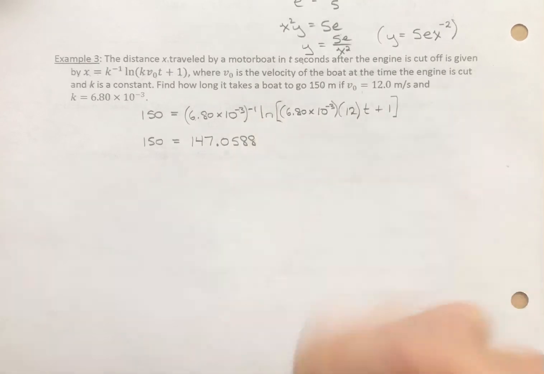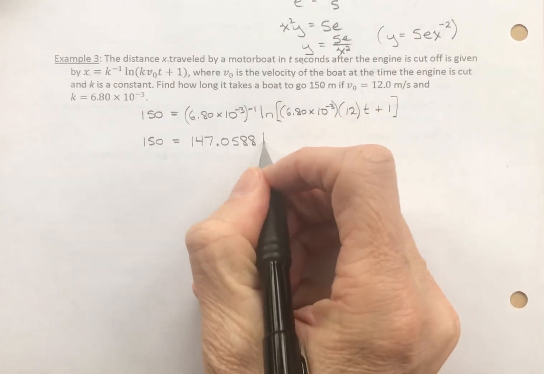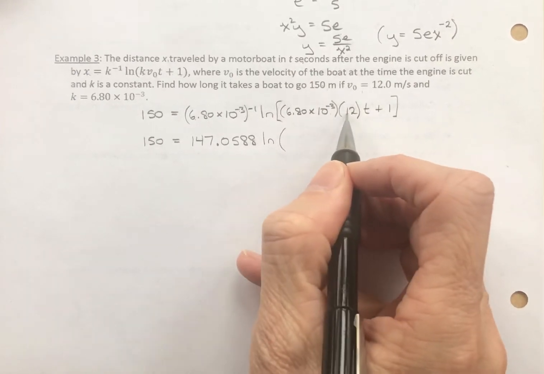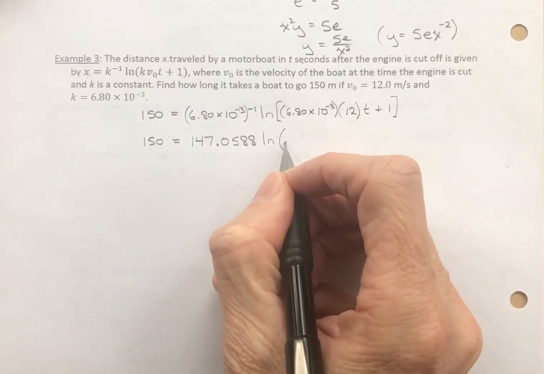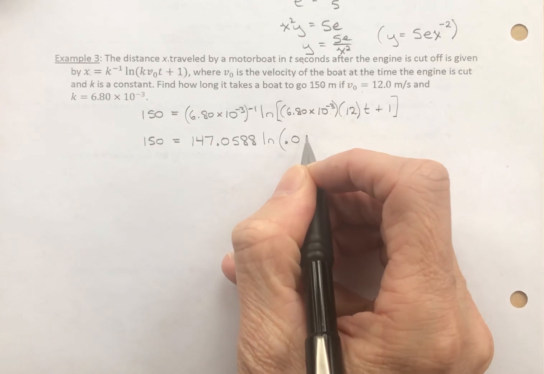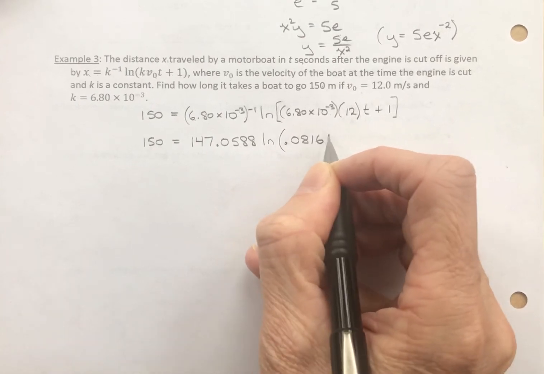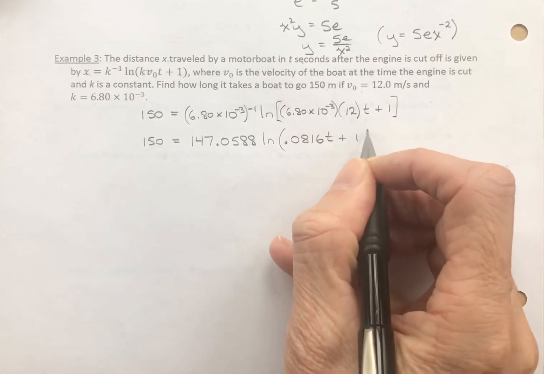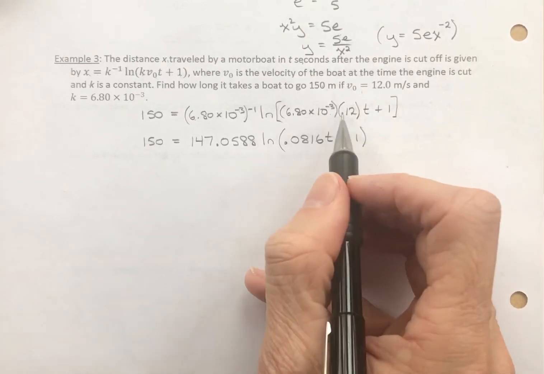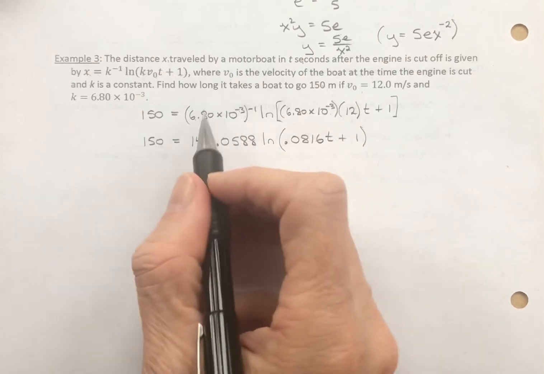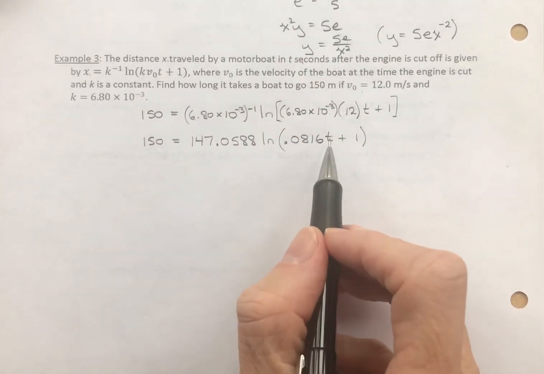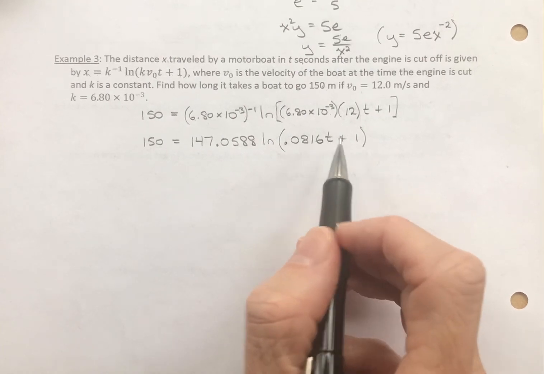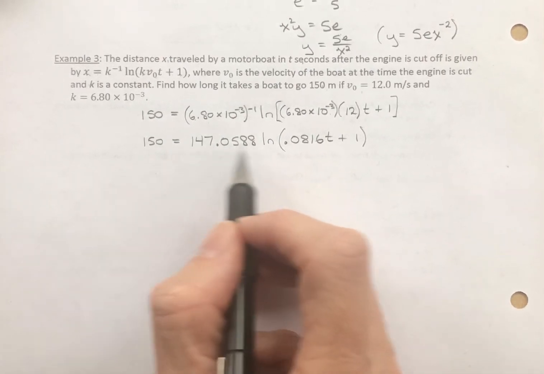147.0588. It's a little easier to work with, times the natural log of, well, this times 12, again to the 10,000th place, 4 decimals, is 0.0816. So that's it, and then you've got your t plus your 1. And so that's a little nicer. I just did the multiplication here, and I did this exponent here. And now I need to get at the argument, so I'm going to be using an exponential form to get there. Let's first divide both sides by the